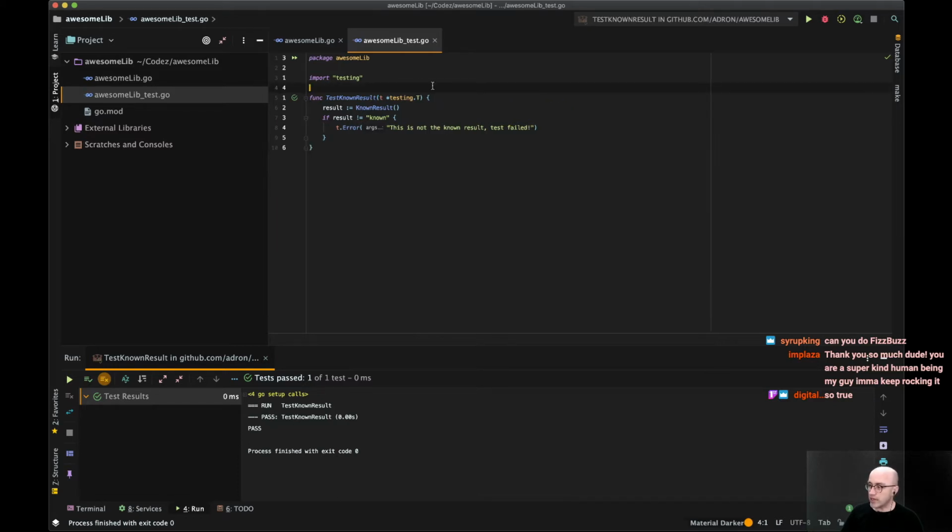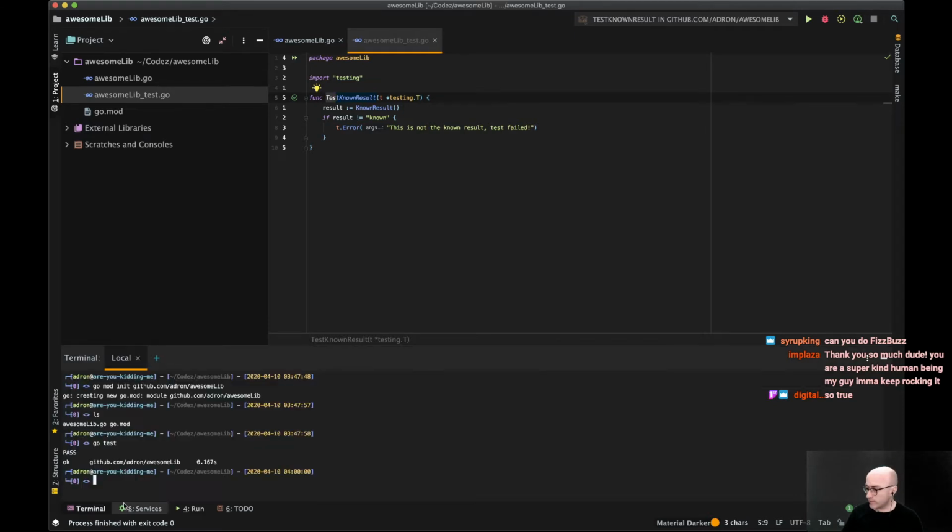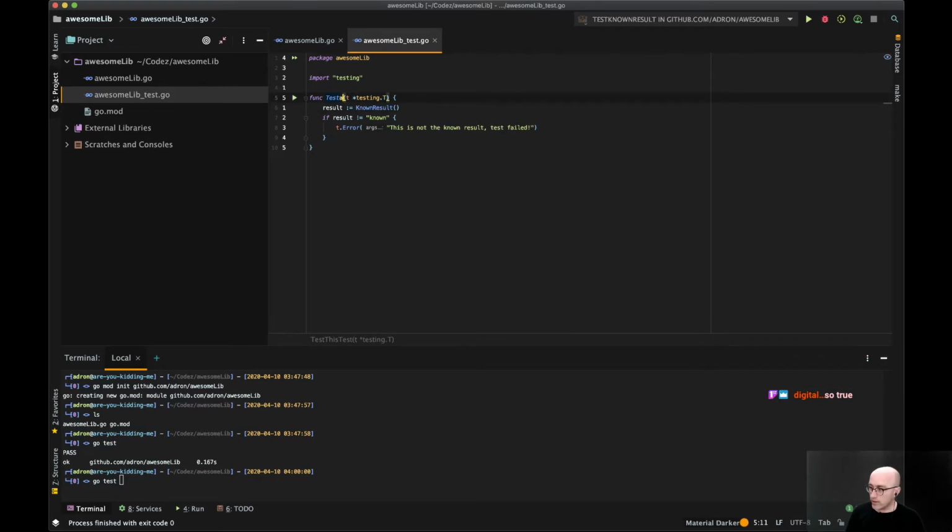The other characteristic in Go that you want to follow is it always has to start with Test if it's a test. Otherwise, Go doesn't know it's a test, and when you run go test, it doesn't know what to pick up. So basically the two things are you start with Test, and then the immediately following piece needs to be the function you are testing, or at least something like a capital letter, whatever variable you want to call it. So you could call it something like this, that would still work. But if you did this, lowercase, it's not going to work. So it needs to be something like that. So we have our first test that's working.